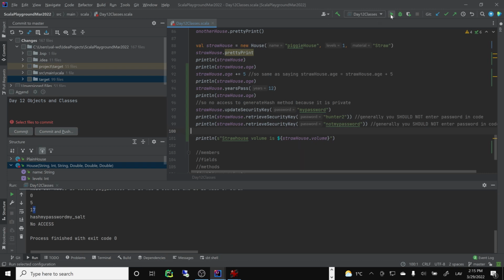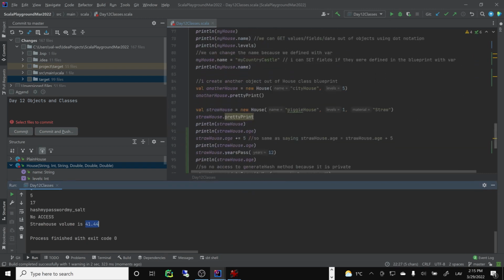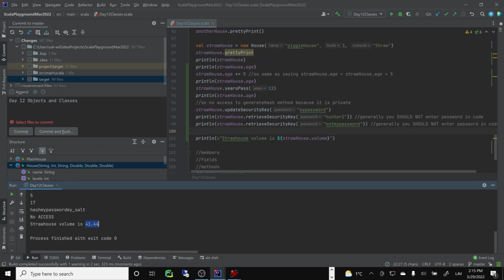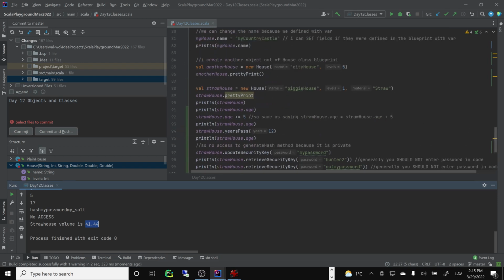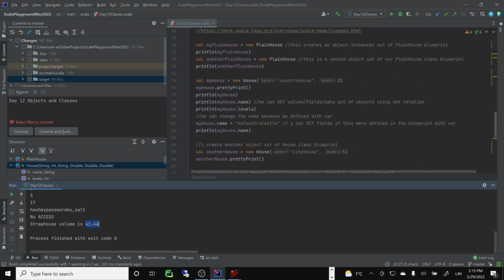Let's see how much it will be. It will probably be something we want to round. It will probably be something like 41.4. Okay, very nice, right? Not too bad. So I assume the math is correct. We have 2 levels, right? No, how many levels? We only have 1 level in straw house, right? So that's actually even easier, right? So something like